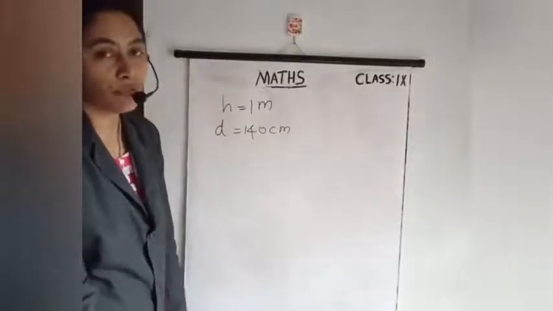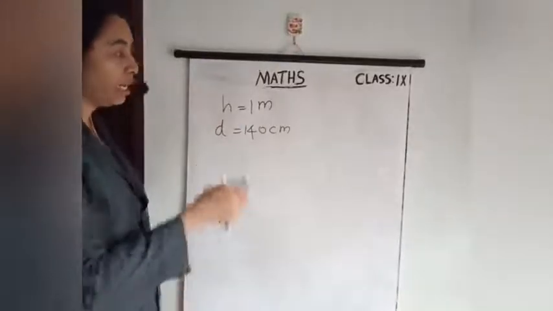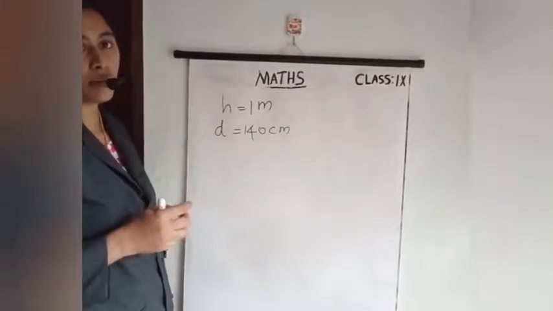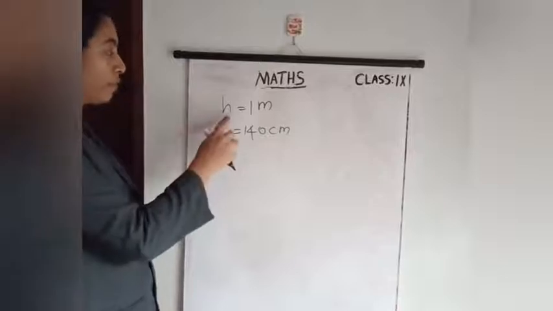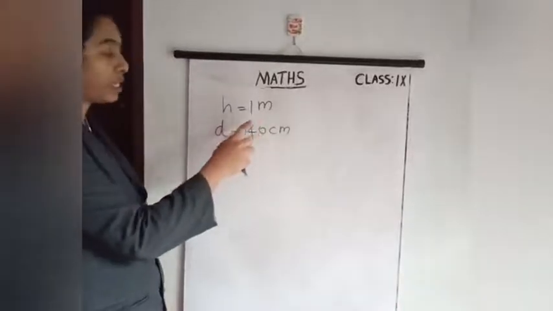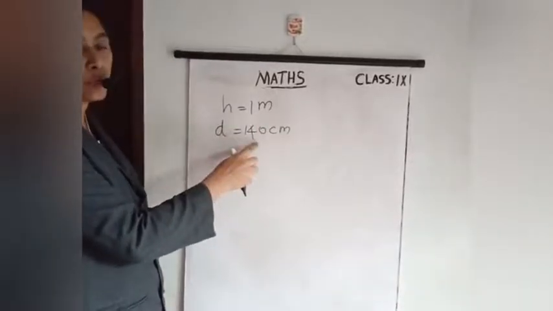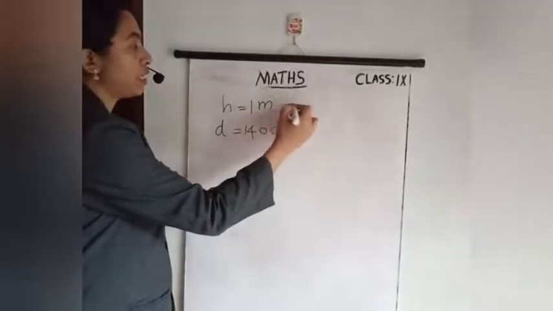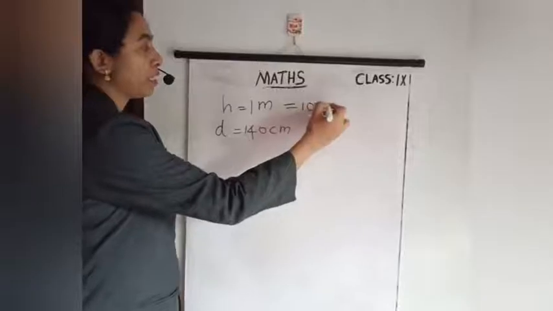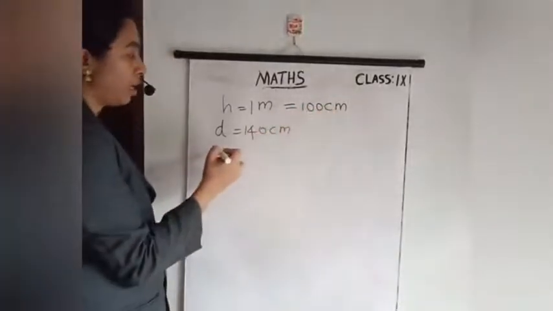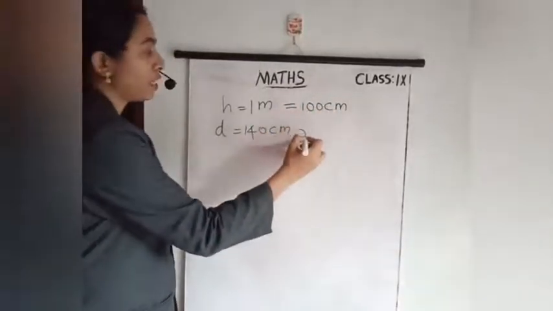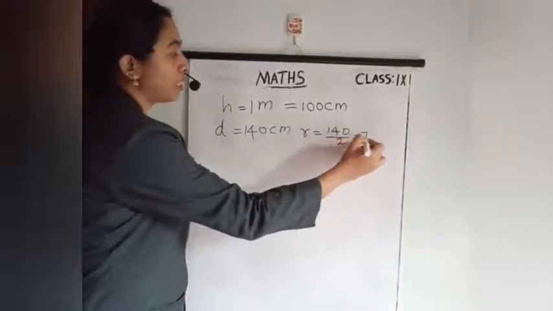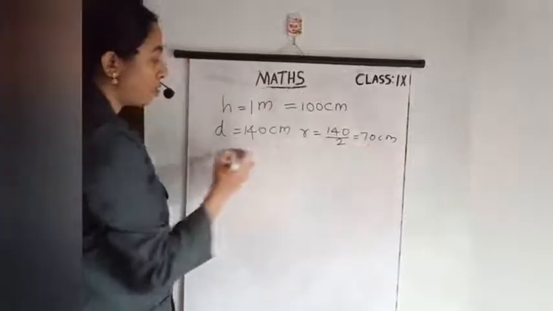So we need to find the area of the given tank with the given measurements. Okay, so given h equal to 1 meter and diameter equal to 140 centimeter. We are going to convert into centimeter. So 1 meter equal to 100 centimeter. Then the diameter is 140, then radius equal to 140 by 2, that is 70 centimeter. Now total surface